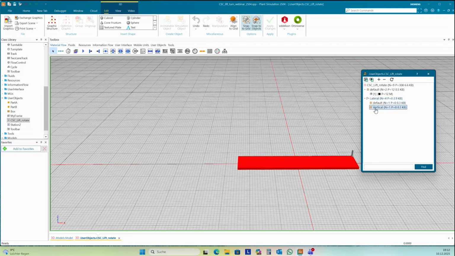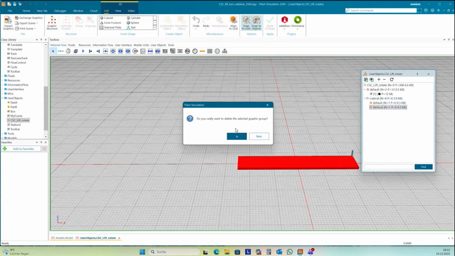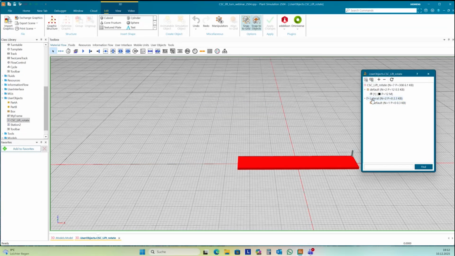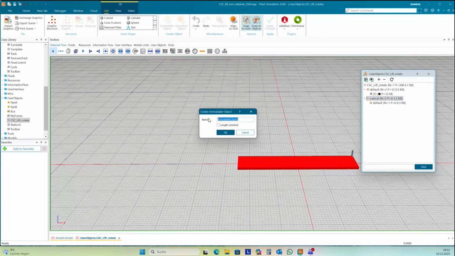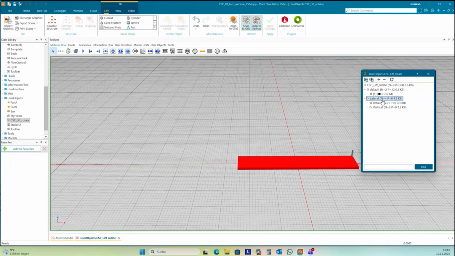This is only a graphic group. I need an animatable object. And vertical should look like this here. Also, this graphic group has a graphic group default here.